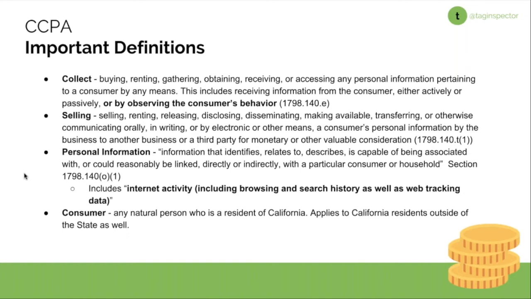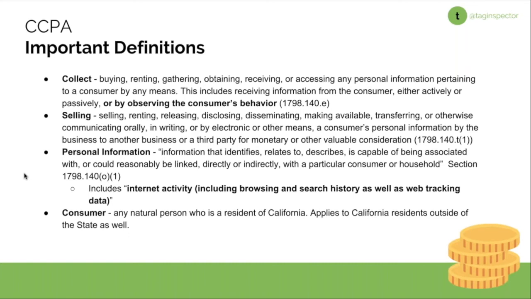So important definitions: collect, any buying, selling, gathering, obtaining, receiving, or accessing of personal information. It's going to be like collecting, as well as by observing the consumer's behavior. This is where it really relates to tag governance. By its very nature, even when